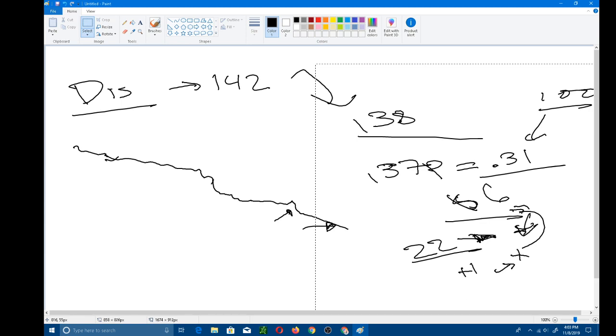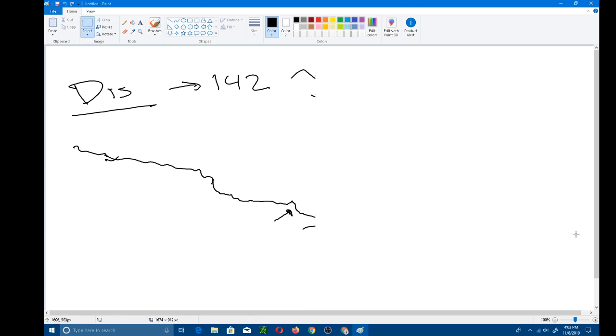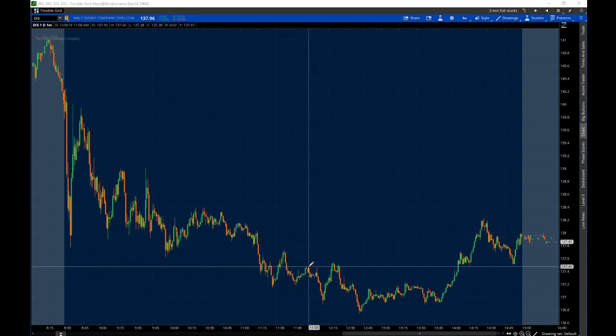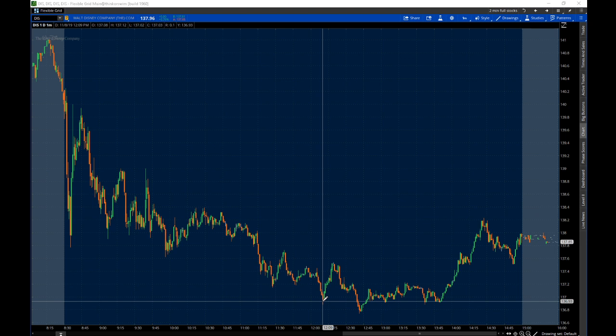Now there was another point where it just kept going higher. If I show you again, this strikeout was where I was down 22, and then it came back down a little bit, came back down again, and I was up a little bit. It hit 137, and it bounced from there. And then that bounce cost me all the way.